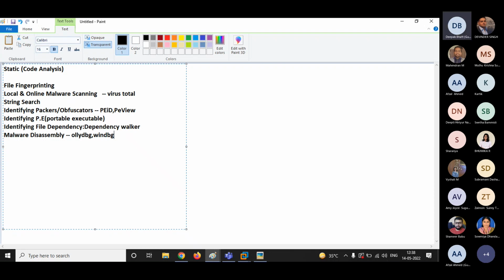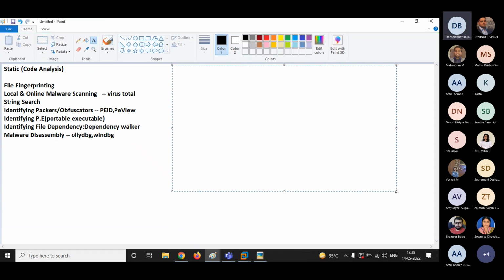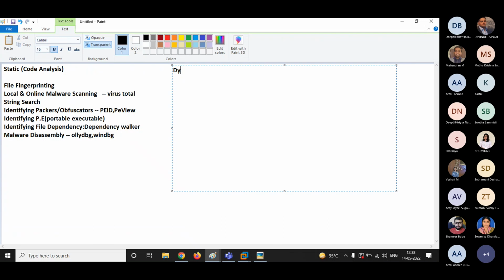Then we have next, guys, dynamic malware analysis. This dynamic malware analysis is also known as behavioral analysis. Why? Because in this, you'll be checking the behavior of the processes.